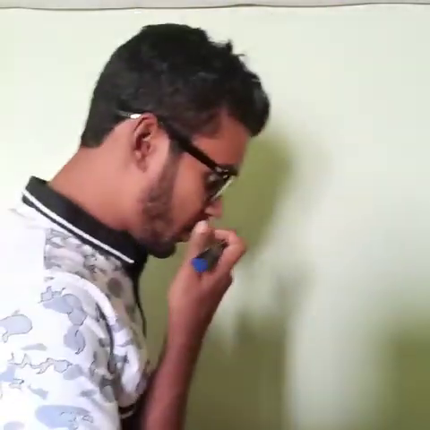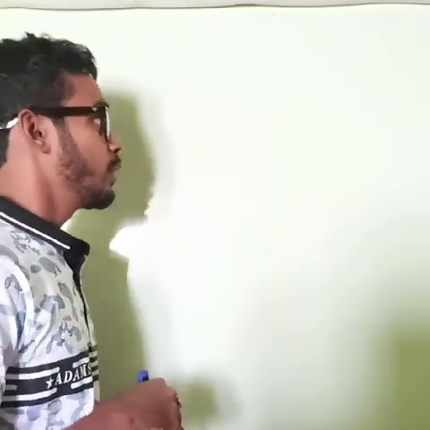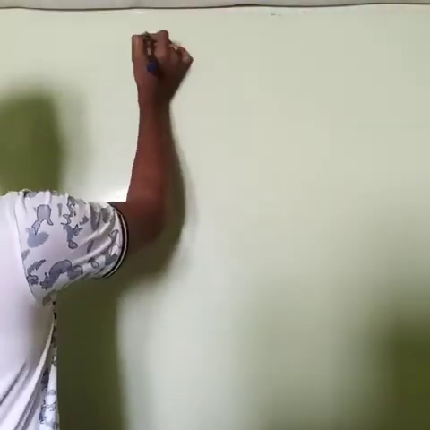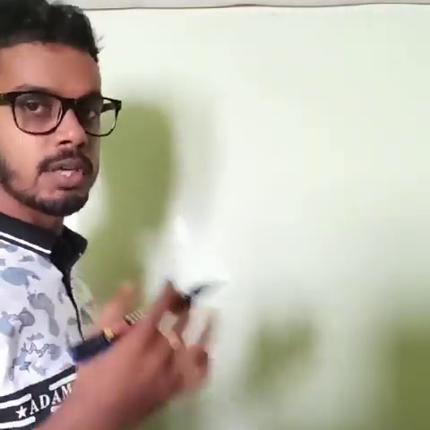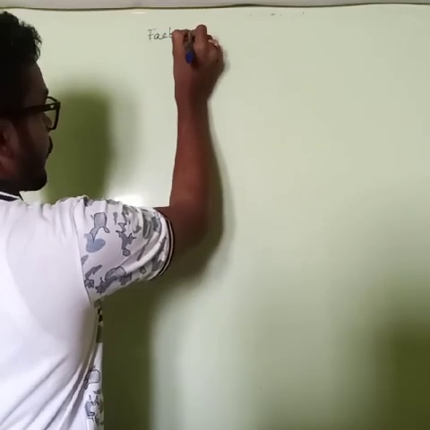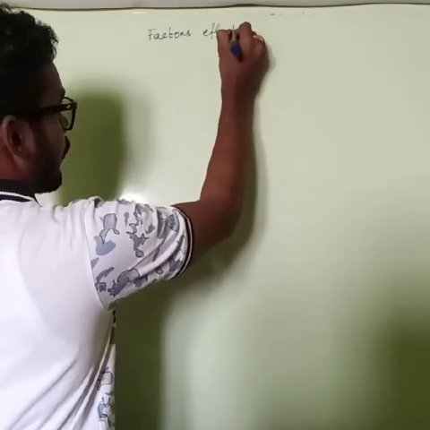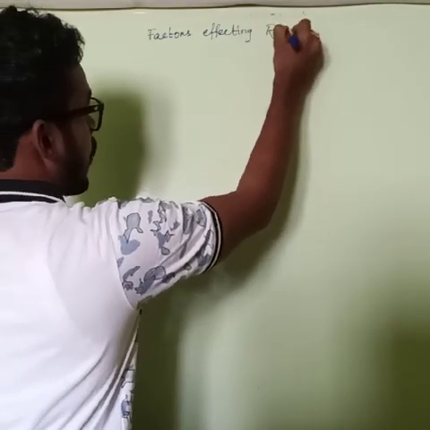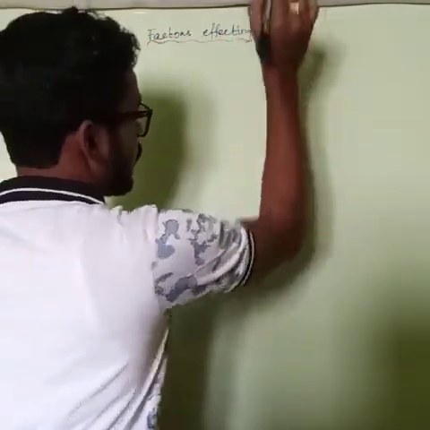So before going to order, I need to brief you what is ROR, that is rate of reaction. We already discussed the rate of disappearance and rate of appearance, how we need to calculate, and based on that we have done one problem in the last session. So today we'll start with the factors affecting the rate of reactions, that we must know. Okay, what are the factors? Factors affecting ROR, that is, rate of reaction.